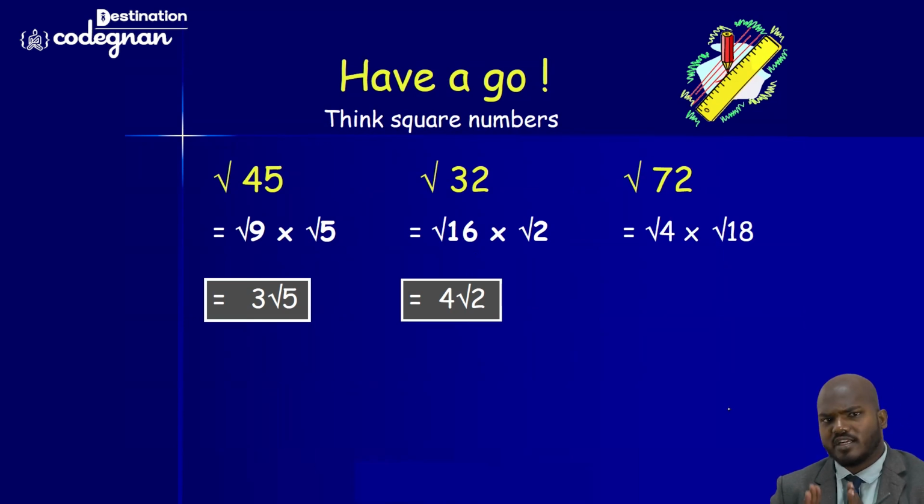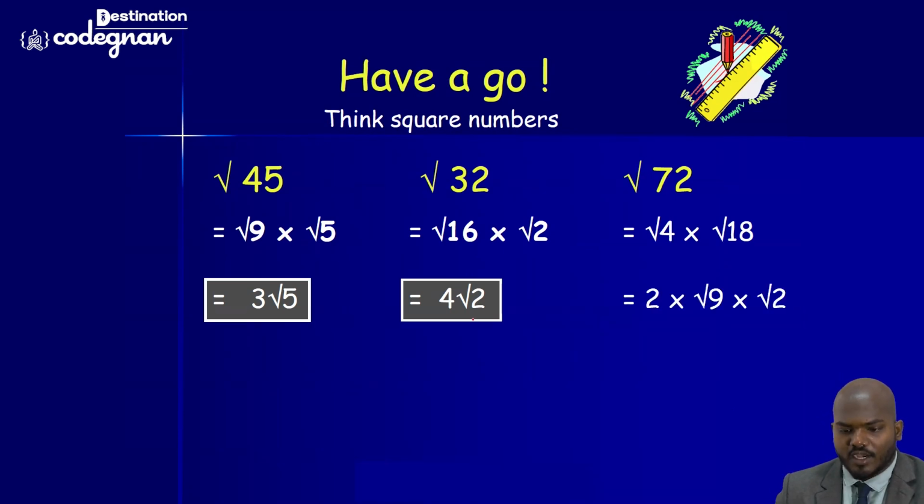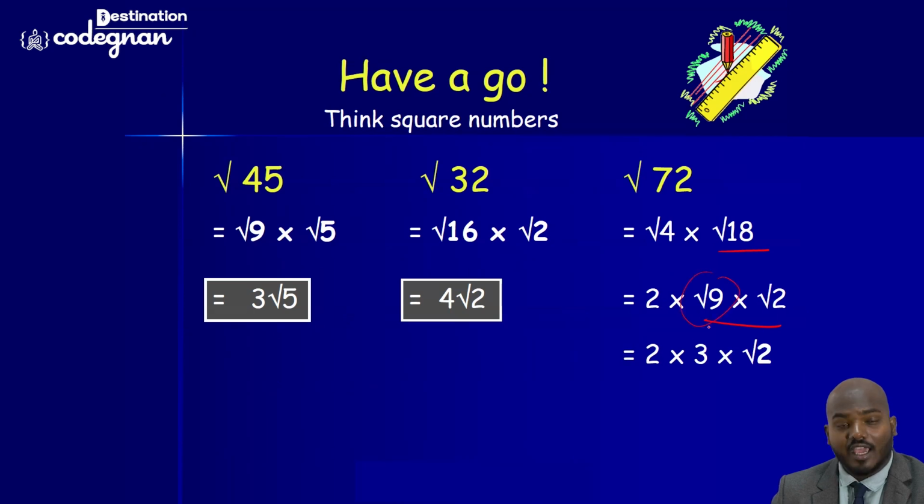Any of the breakdowns, it doesn't mean that, sir, we have to break down in a particular way. No, you can break down the value in your own way, but it will give the same answer, as long as you break it down correctly. Okay, so 4 times 18. The 18 can be broken down like 9 times 2. Okay, so now you multiply this one, guys, it will give you the value: square root of 9 will become 3. That is 2 times 3 is equal to 6. 6 root 2 here we can call this one.